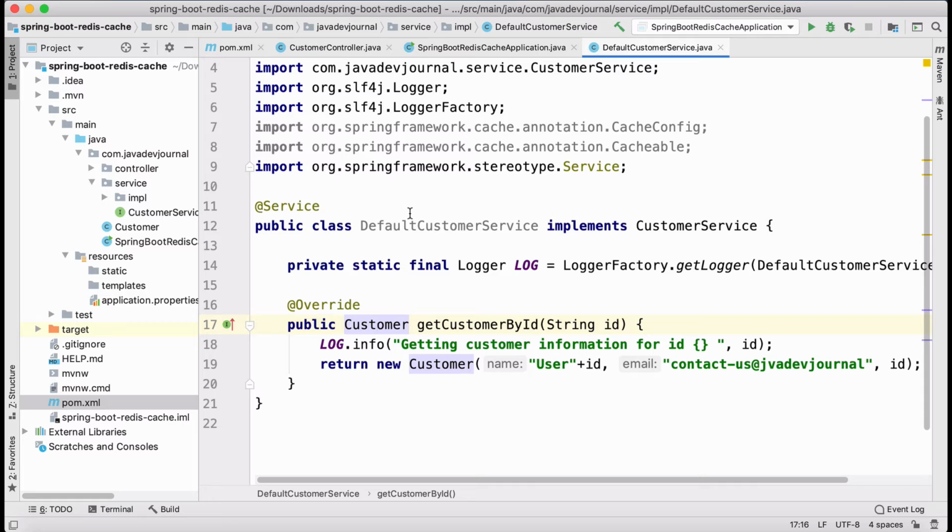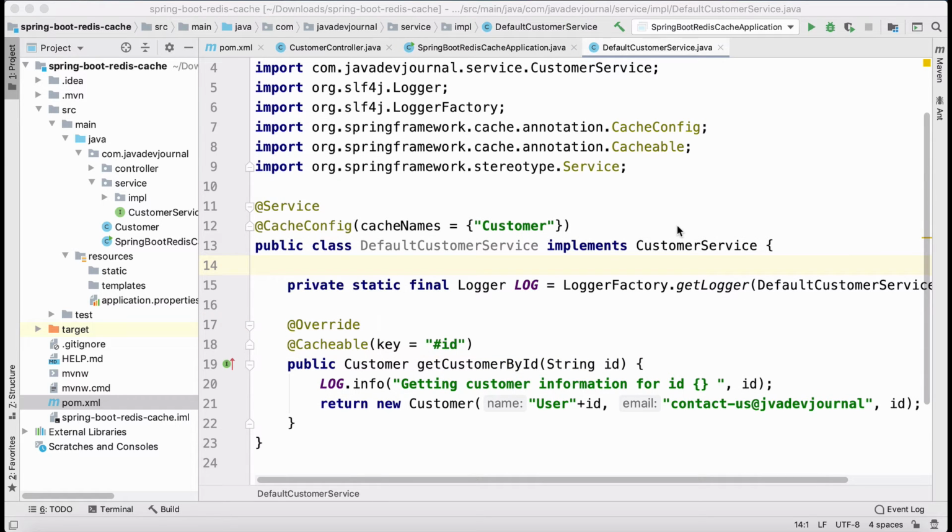The second thing is I'm going to add a few annotations, and those are not Redis specific annotations. Those are generic annotations as part of the Spring caching abstraction, right? It doesn't matter what your underlying caching system is, these annotations will hold true. So let's say in future you want to change your implementation. Right now you are using Redis, you want to move away from Redis to, let's say, EH cache. You don't have to change anything in those annotations. You are only required to change your configurations.